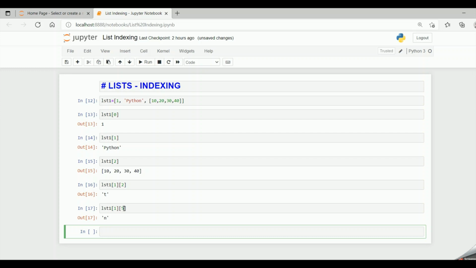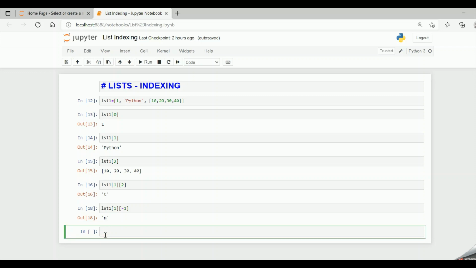Now if I use a negative index, instead of 5, if I say -1 and run the code, I again get n. This is because LST1 of 1 is nothing but Python, and I'm having the -1 index, so it is the last character, that is n.